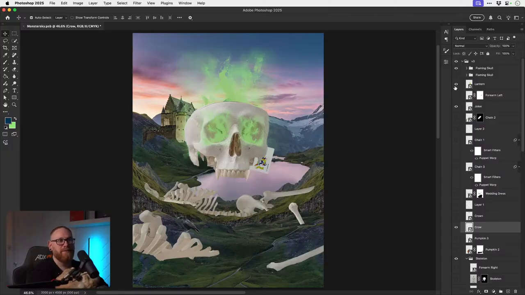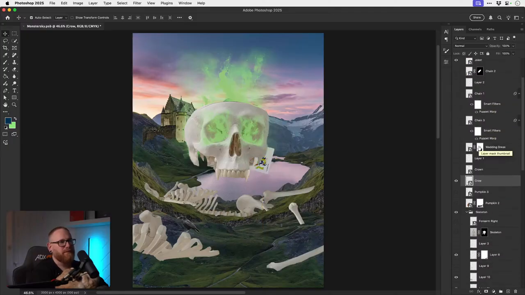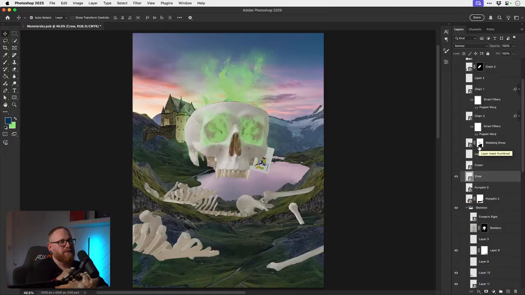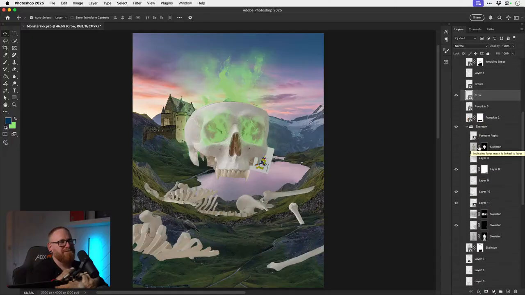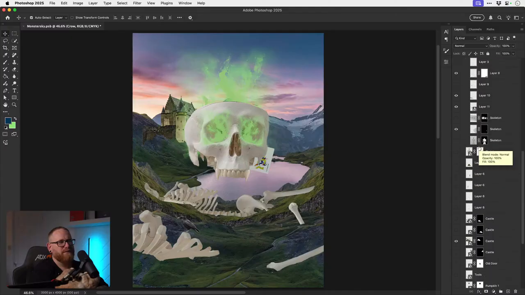Could have an arm coming out. Oh yeah, this could be really cool. What other images have I got to work with?